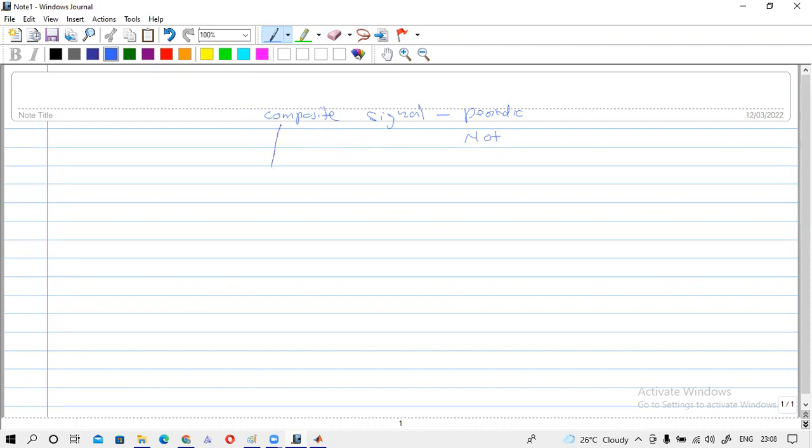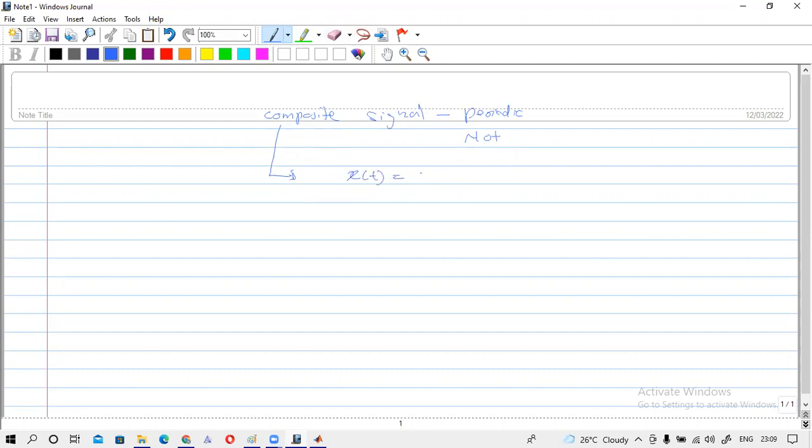What is a composite signal? Normally, if a signal has a combination of sine and cosine signals, we call it a composite signal. Okay, for example,